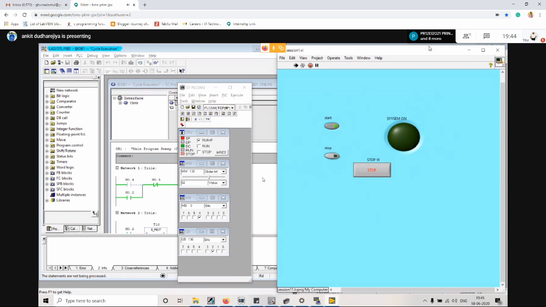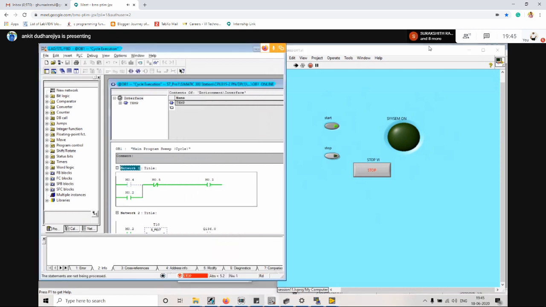Right, so similarly we can update it from our PLC software as well as from our SCADA. Now, okay, the controller goes into the stop mode, that's why it was not working. So we are able to find it over here that the controller is in running mode in PLC software. Now what else do we have?